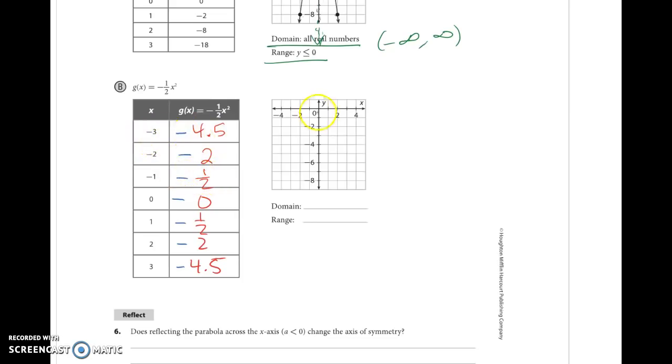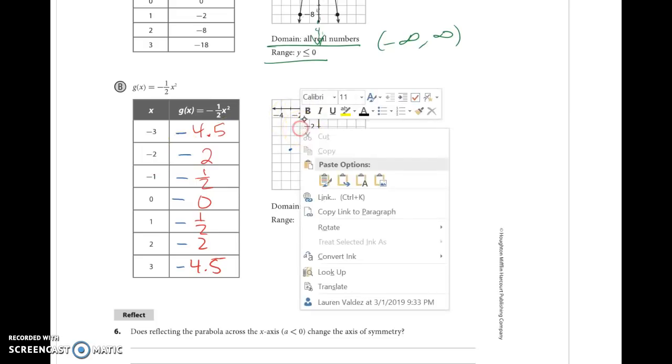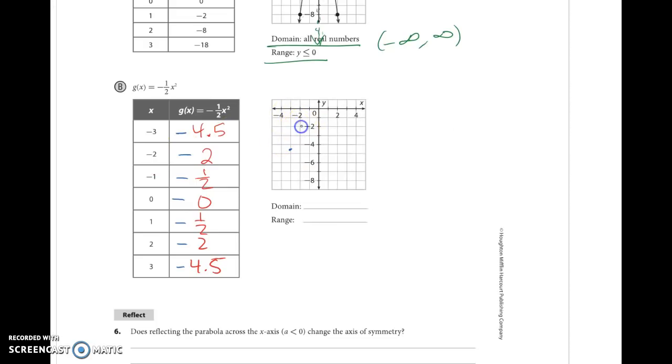But if I graph these, -3, -4.5 here, -2, -2, -1, -1/2, 0, 0, 1, -1/2. And if you recall, everything's symmetrical, so you can kind of eyeball it as long as you did your t-chart correctly, right? So now if I sketch this,